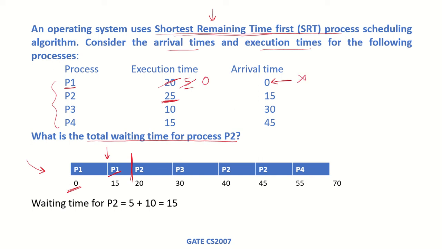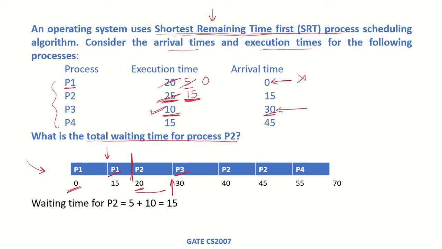Now at time 20, P2 will start running. P2 will be given the CPU and it runs till time unit 30 when P3 arrives in the system. Since P3 has arrived, the scheduler needs to check which process will be given the CPU. In these 10 time units, P2 has finished 10 units of execution, so 15 units are left. If we compare this with the time of P3, then going by the SRT algorithm, P3 will be given the CPU first.